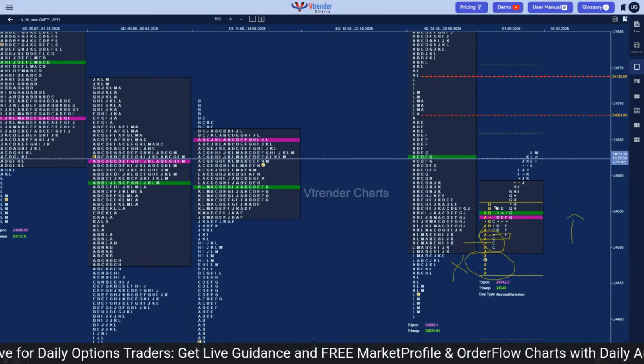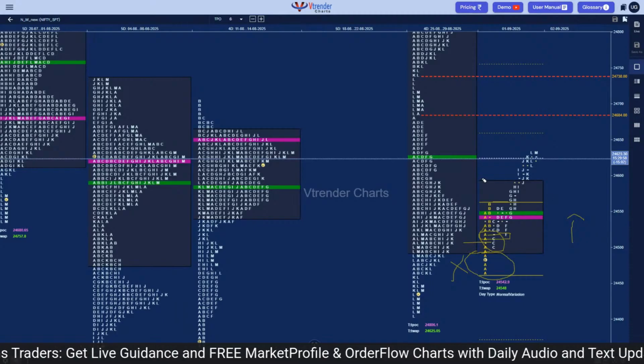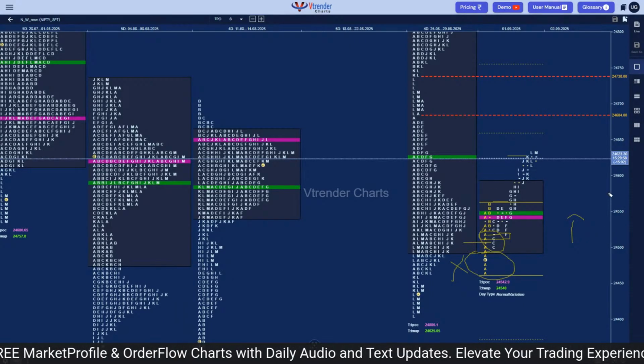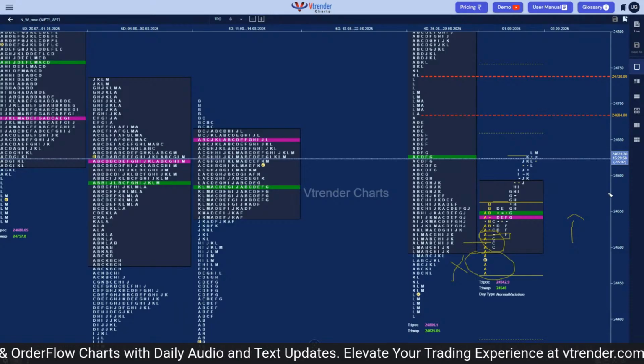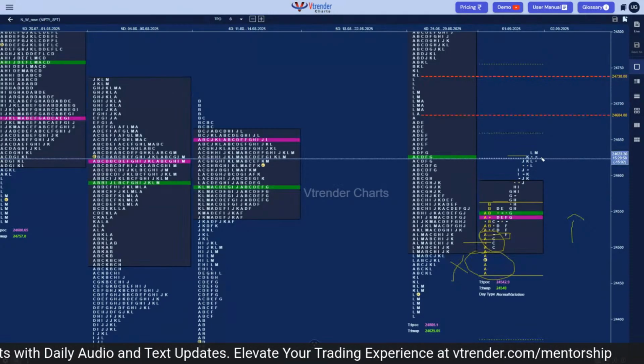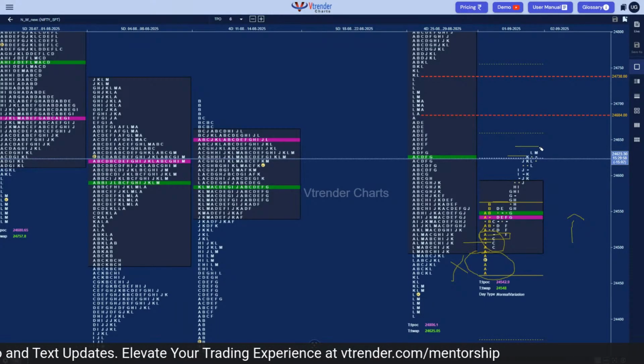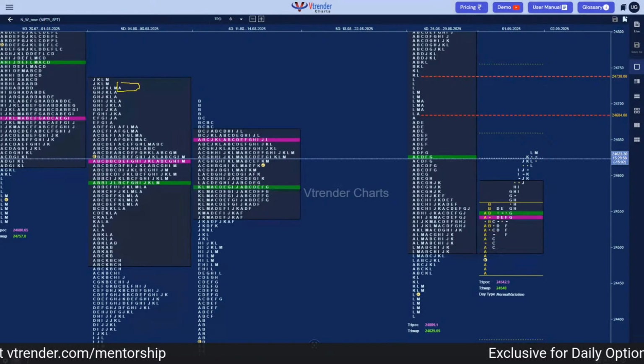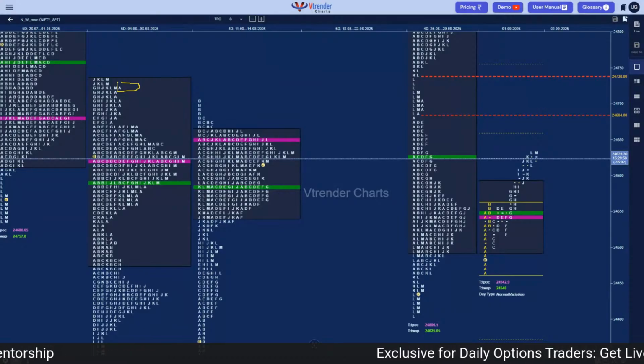And that is the reason we went on to make this range extension. And we have gone on to go near the rollover point of 24650. So that will be our reference. We will need to get about 24650. If I switch this to the daily, we will have those levels marked in the daily, which will help us to identify what are the